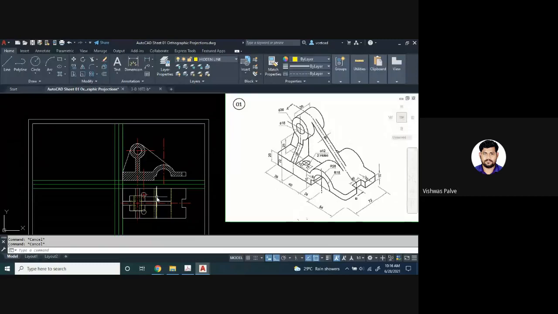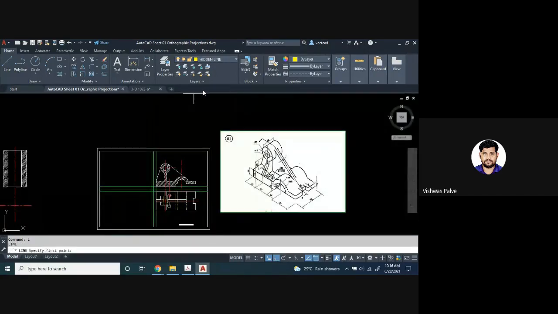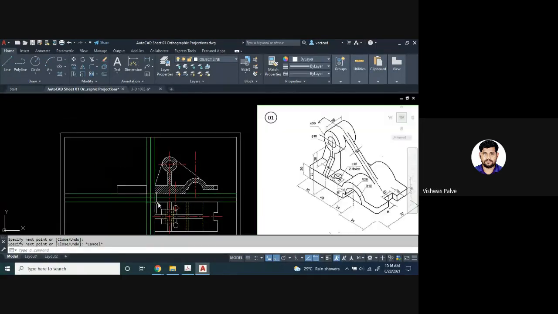So when we observe a side view, let us start the side view. First we have to draw the object line, L enter. From this point, horizontal distance 72 millimeter, vertical distance 20 millimeter, and it will be a closed object like this.